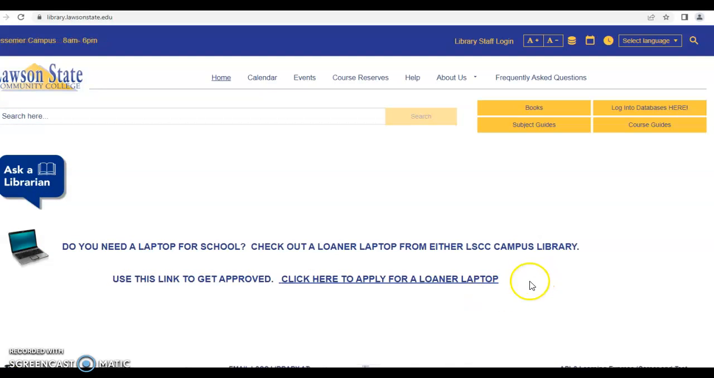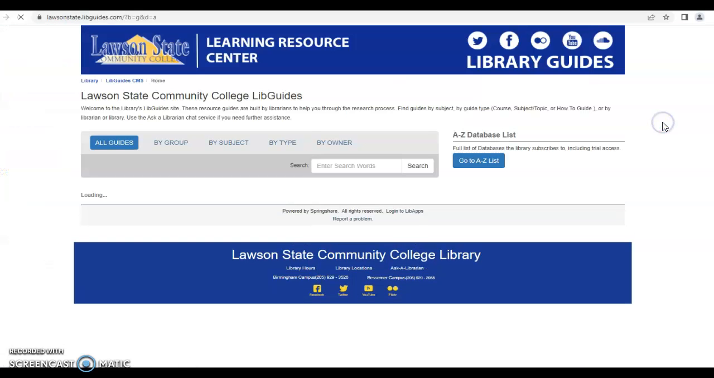And I want to point out to you that from the library's homepage, in that top right-hand corner here, there is a tab labeled Course Guides, and this is where we're going to click in order to access your course guide. So now I'm going to click on the tab titled Course Guides,